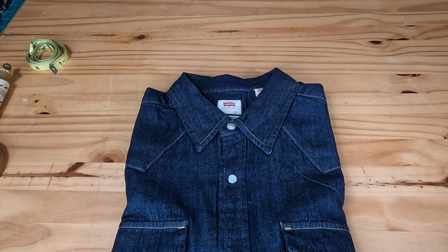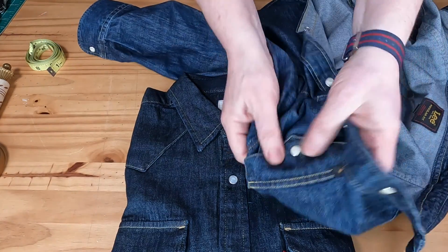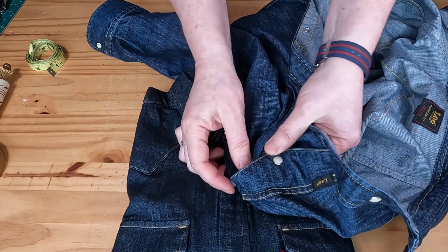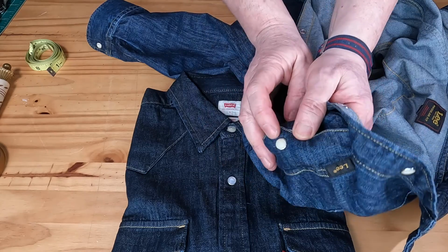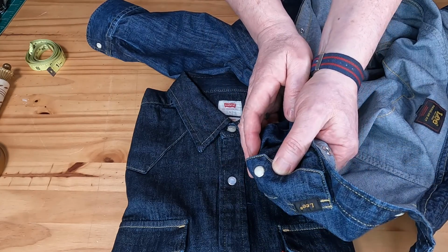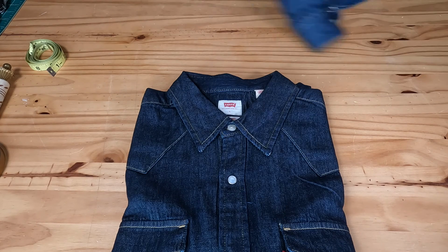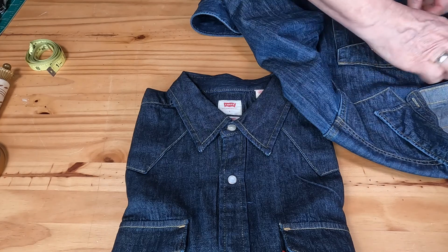And snaps, it's kind of funny because snaps looks almost identical, not almost, they are identical. So if I compare the one from the Lee, the snaps would be absolutely the same, just the different coloration. This is a little more bluish. On a Lee, it's kind of just white. But otherwise, the style, like I said, is classic Western style, and they all look